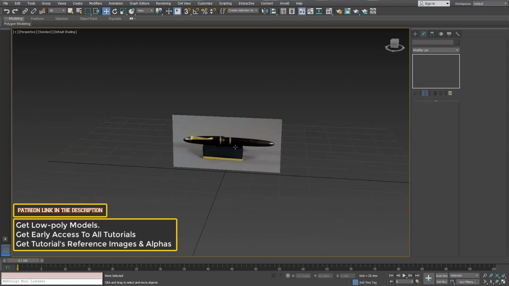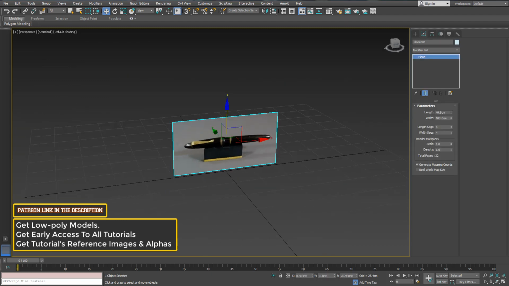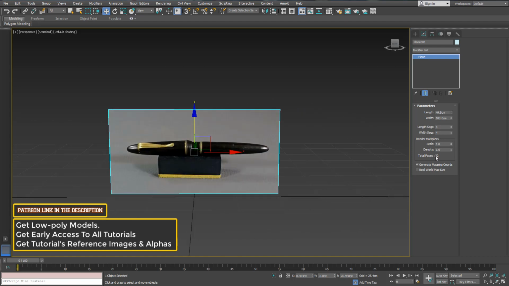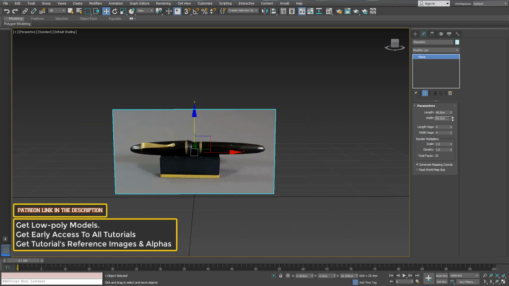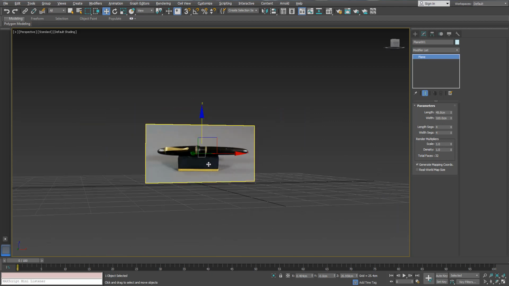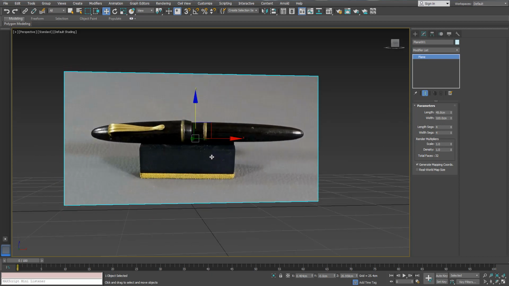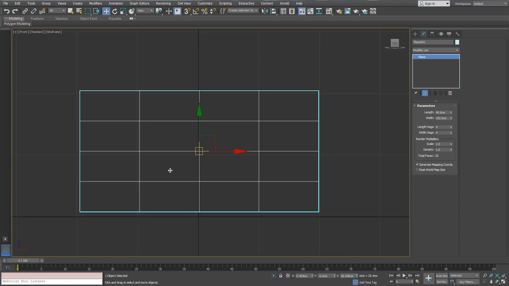So what you're going to do is create a plane like this and just drop the reference image on top of it to see it like this. And of course you're going to change the size according to the size of the plane, and you're going to be ready to go. So the first thing, I'm going to go to the front viewport and press F3 on the keyboard